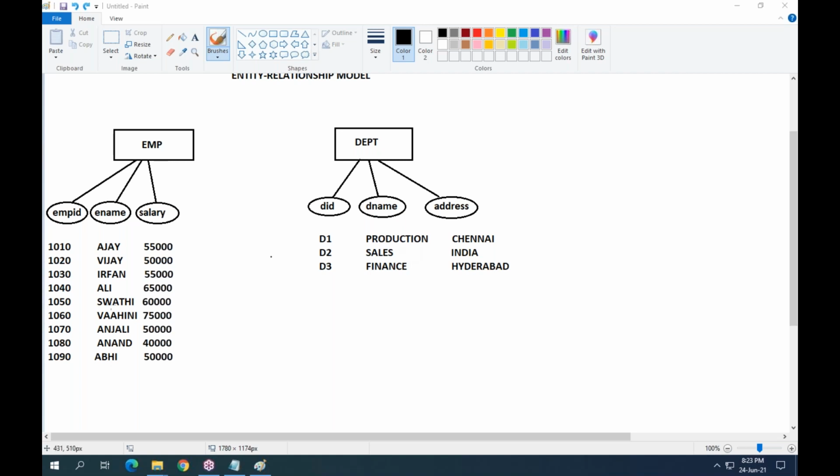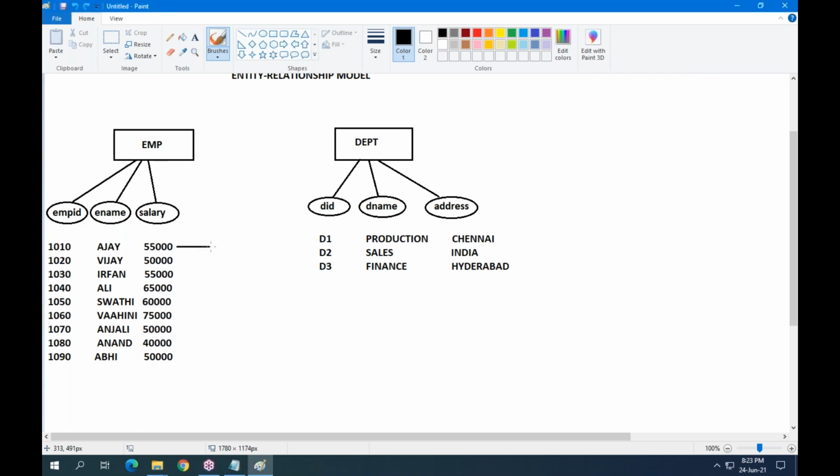Okay, come to the employee table. What is the business principle? Each employee must work under a department. According to that principle, let me take the first employee. First employee is working under which department? We don't know.